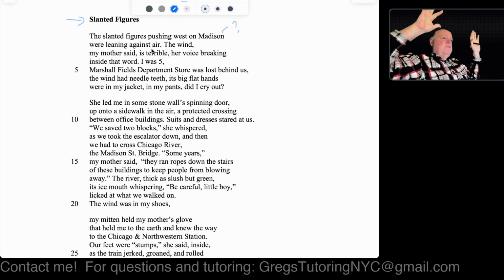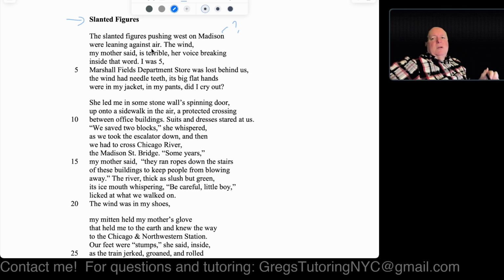So there's something free, if you will. It's not strapped down. So I'm not really sure. They use figures. I don't know if they're talking about a person here or something else. So we need to evolve through the story that the author is presenting to us and see what it was. It says, the wind, my mother said, is terrible, her voice breaking inside that word. If you notice, the author split that across multiple lines, including the use of commas. There are little tiny phrases being split here. And again, the wind. So the wind seems to be something going on here.